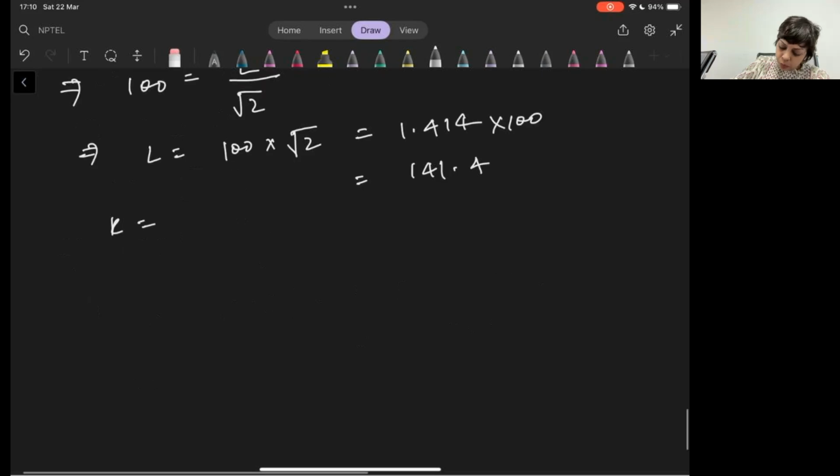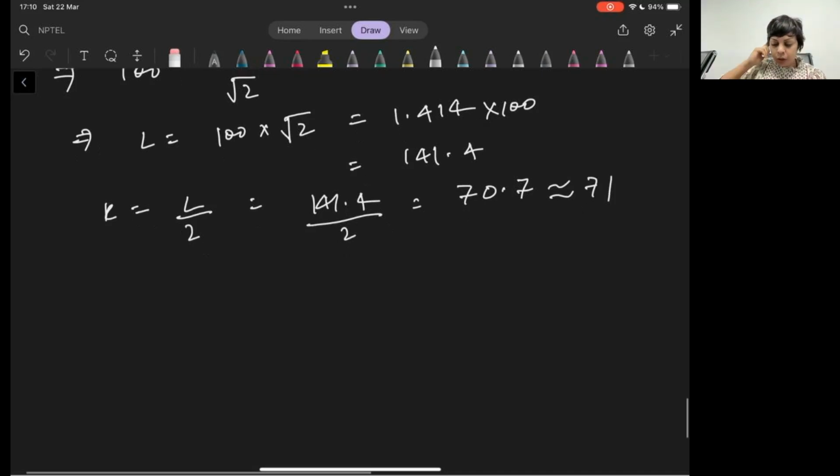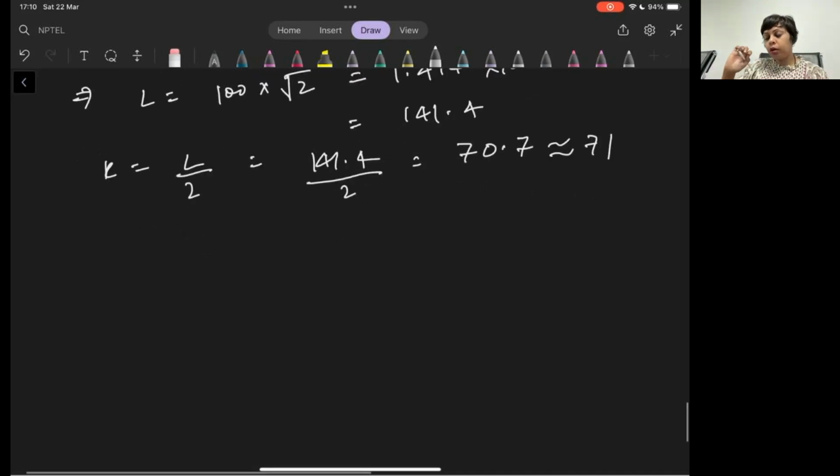So L by 2 is 141.4 by 2, which is 70.7, approximately 71, which is what we get as the answer. Okay, is this much clear? To get the answer for K comma L, which is 141 comma 71,